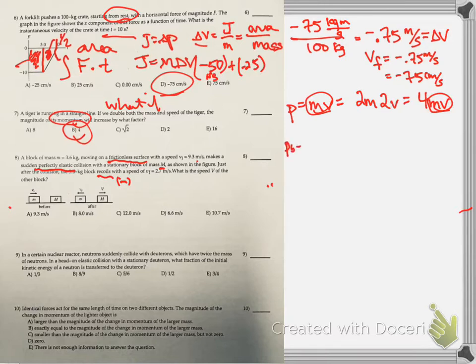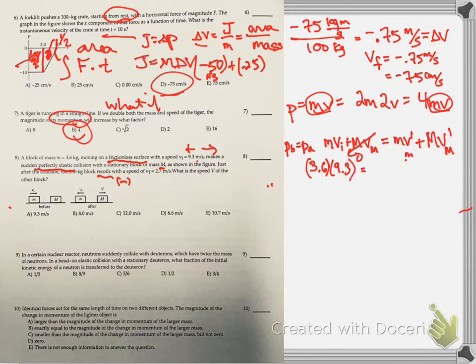So if I do p before equals p after, I can say m v initial plus big M v big M equals m v little m prime plus big M v big M prime. This one was at rest, it was a stationary block. So I have 3.6, I'm going to leave out units, times 9.3. I'm going to say 9.3 is positive, to the right based on the picture. Equals 3.6 times, now this v prime is this 2.7 number, but it's negative because it says recoil,